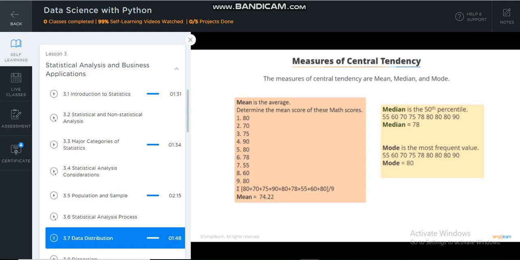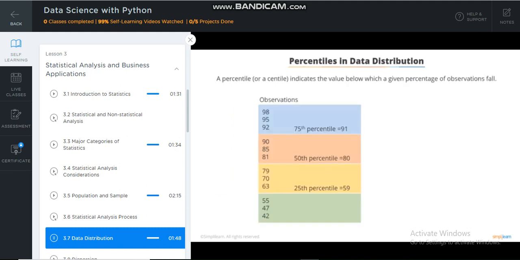Following are the measures of central tendency. Mean, the sum of all the values in the dataset divided by the number of values. Median, the data value right in the middle of the dataset or the 50th percentile. Mode, the data value which is the most common or frequent. Let's understand percentile in data distribution. A percentile or a centile is a measure used in statistics indicating the value below which a given